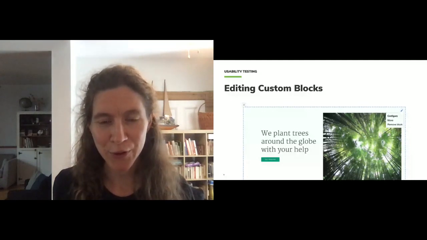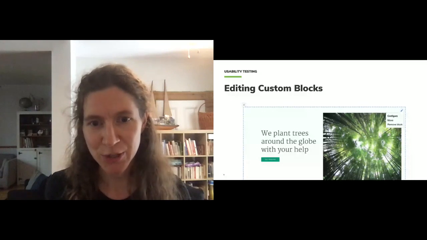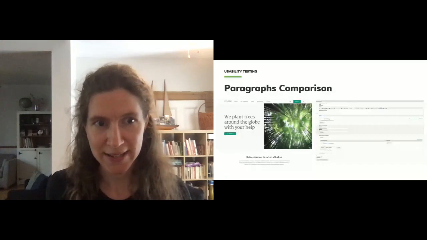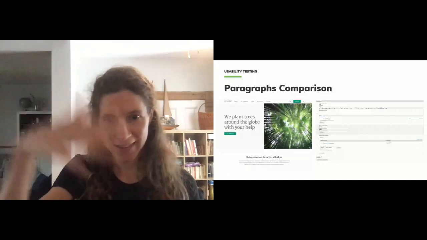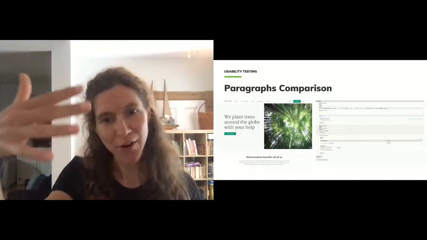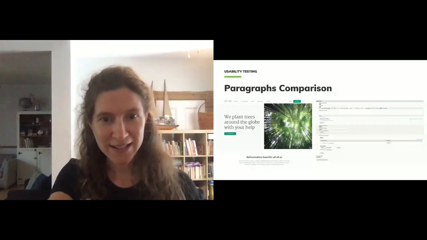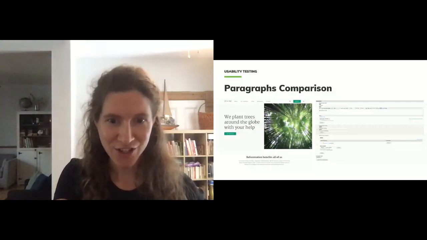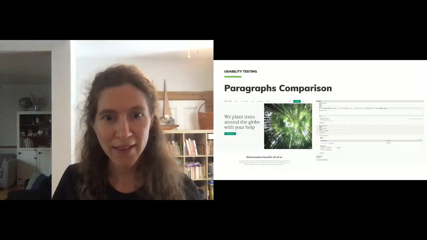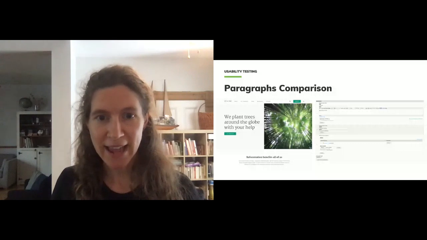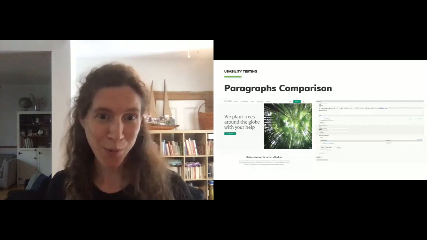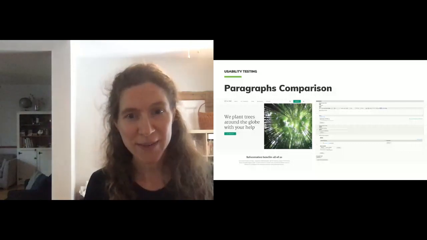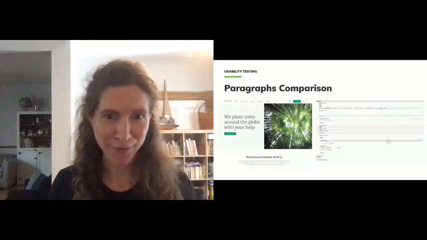So paragraphs, if you look at the UI, it's much more similar to a standard content editing interface in Drupal. So when we're using paragraphs to manage a page like this, it's a form in Drupal, like an edit form for editing content. And with paragraphs, the form becomes much longer, but it's still just like a node edit page that they're using. So we found that the content editors we tested with were definitely able to use paragraphs very well, and they found this actually a simpler approach up until the point of using paragraphs to add any kind of layout information.